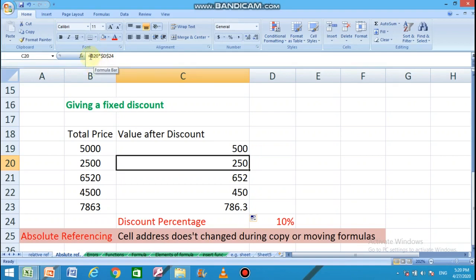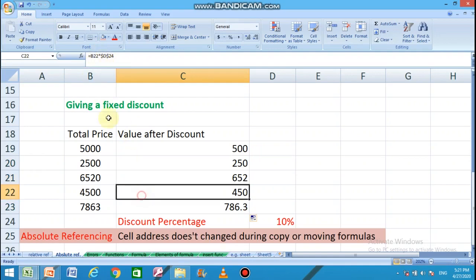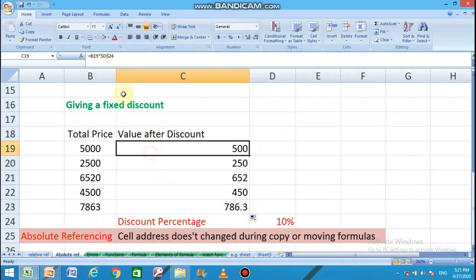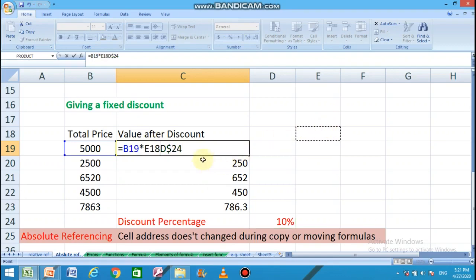Here B19 reflects relative referencing, because whenever we copied the formula to any cell, it changed to B21, B22, but everywhere D24 remains the same. How? Simply by putting a dollar symbol before the column name and row number. This is how you can perform absolute referencing in your Excel operations.